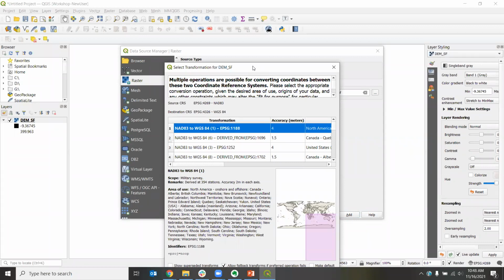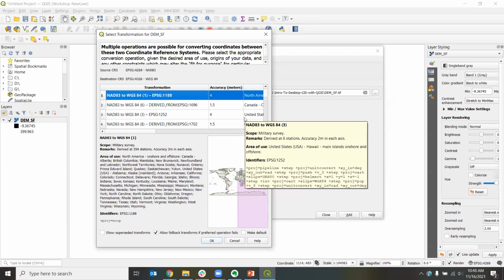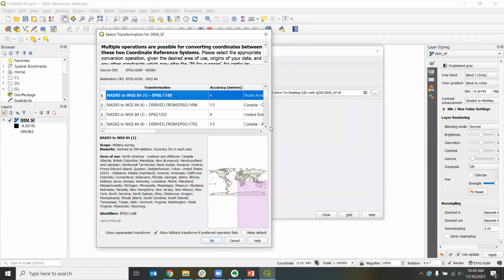The thing that pops up is it wants to know what transformation I want to use for my projection. Projections are much bigger than we're going to have time to get to today. So for now, I'm going to say you can click with the default. It's probably good enough. You can see accuracy is 4 meters. I think I put in the workshop that I'm